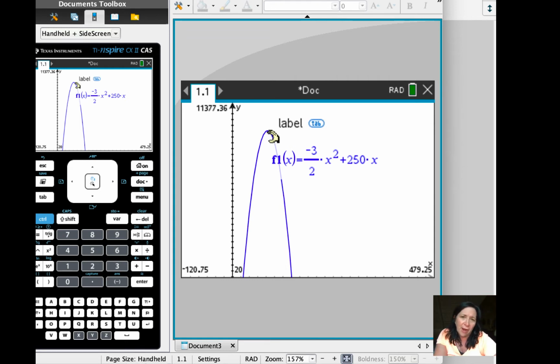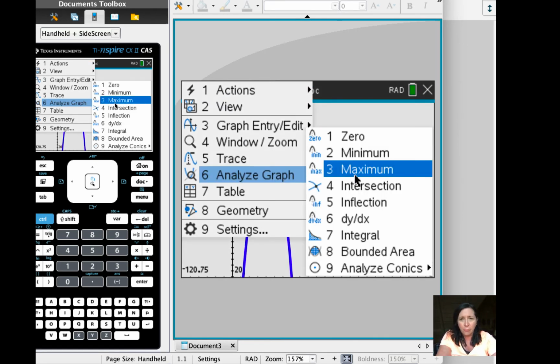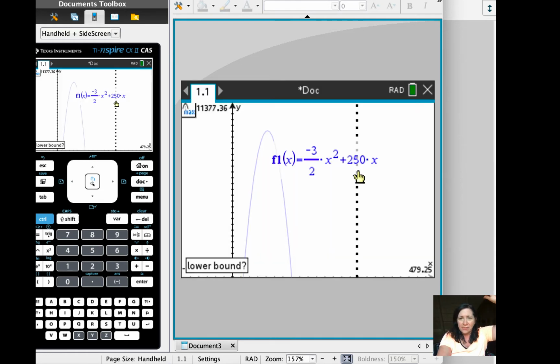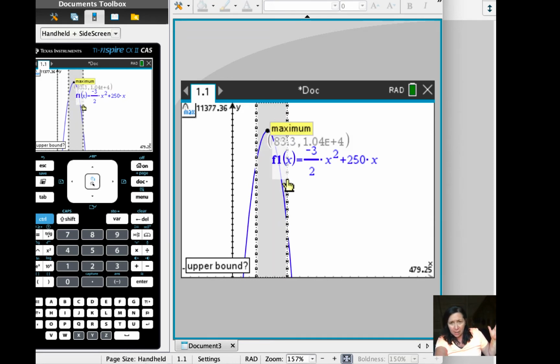And so in order to find that vertex, yes, I can use the vertex shortcut. Yes, I can complete the square. However, I also want you to be able to use this to find the max value here. So this is what I'm going to show you. Again, I know we did review this. We're going to go to Analyze Graph, and because it's a high point, it's a maximum, I'm going to click on that and go across to the right and try to